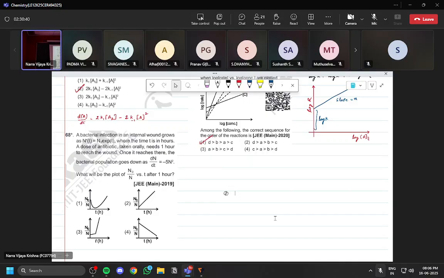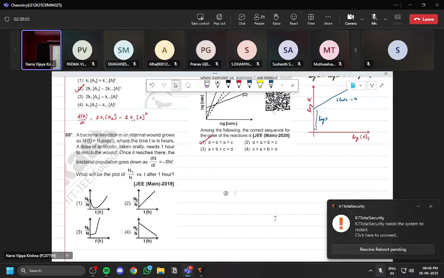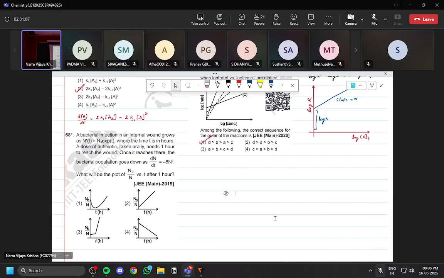In an internal wound, bacteria grows as Nt equals N naught into e power t, exponential, where time t is in hours. A dose of antibiotic is taken orally. It needs 1 hour to reach the wound. It will not reach the wound up to 1 hour, which means until 1 hour, the bacteria grows. Now, once it reaches the wound, the bacterial population grows down according to